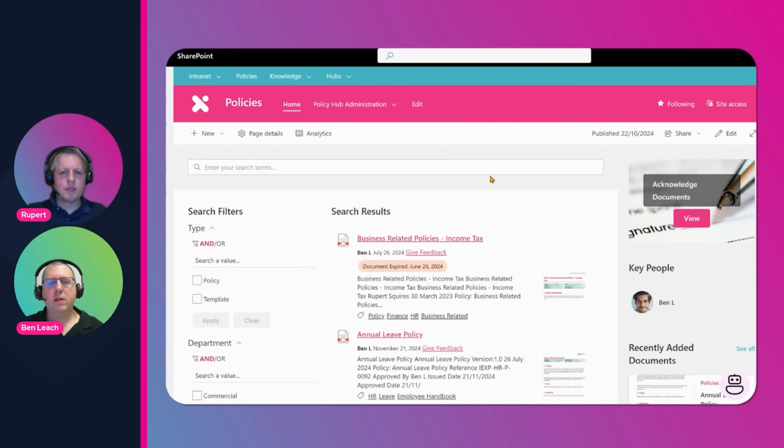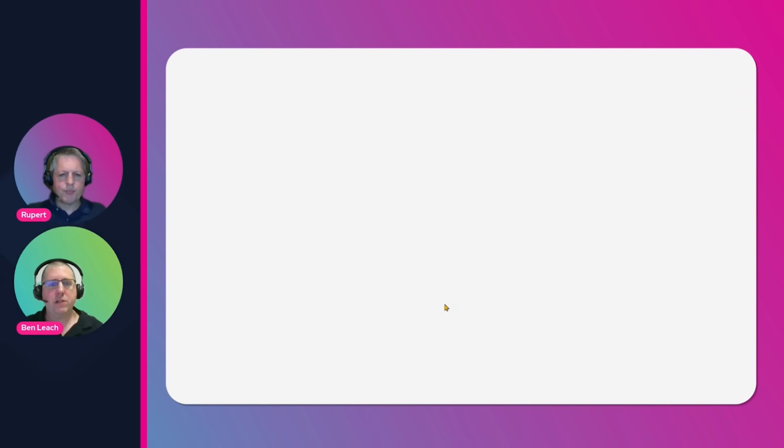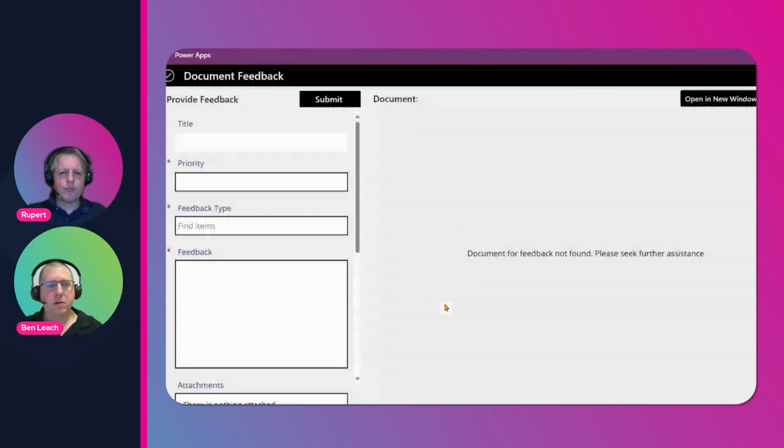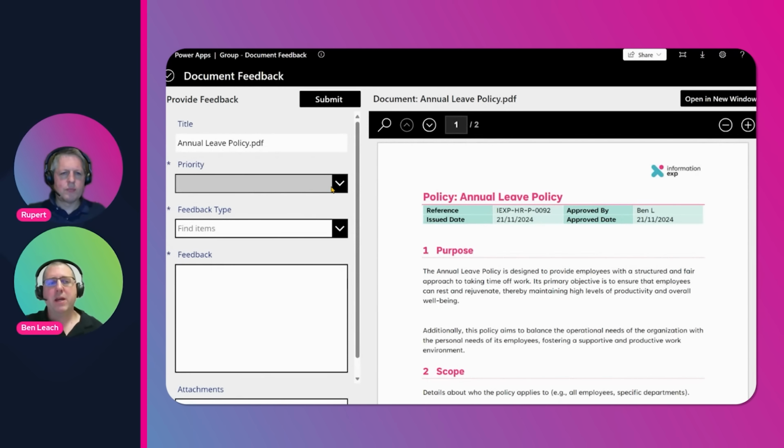So within our annual leave policy that's come through, we may want to publish some feedback or give some feedback on it. Okay, so we've actually put a give feedback link onto the search experience here. And similar to the acknowledgement functionality, we're using a Power App to achieve the same thing. So again, we're using this PDF viewer to bring that information through, but we've tied this to a SharePoint list, which means that we can create things like different columns and different